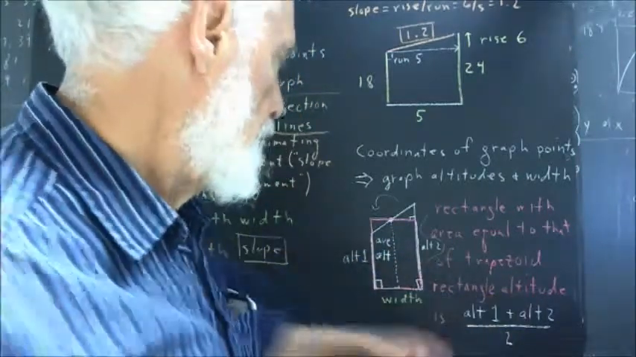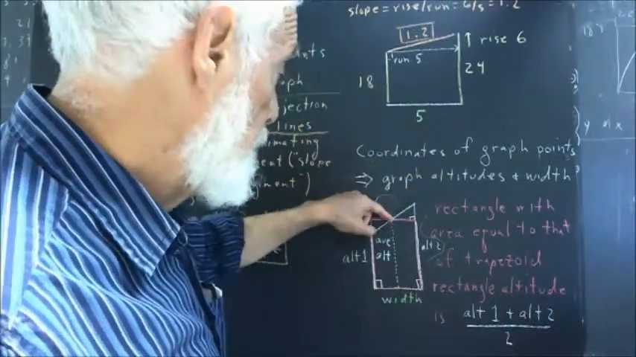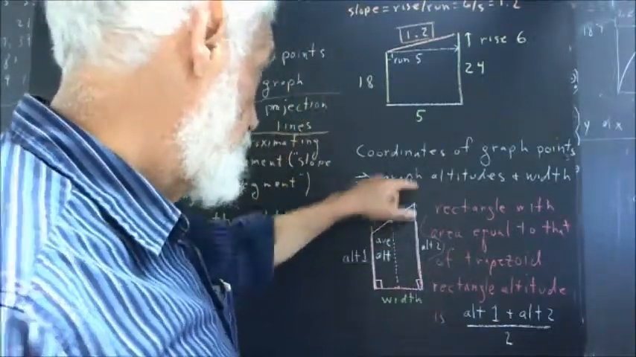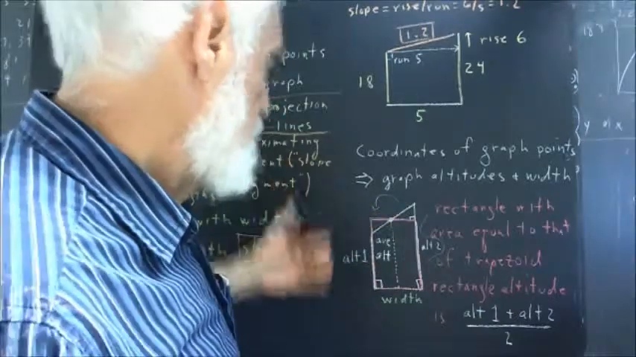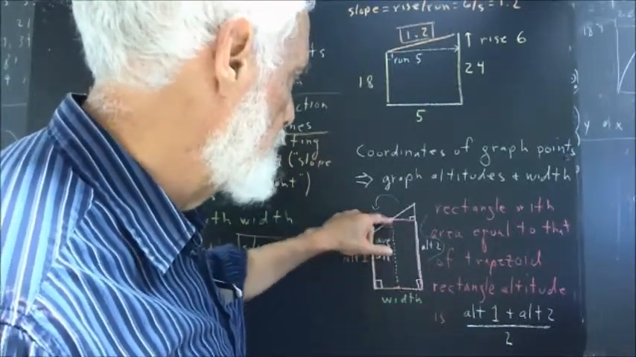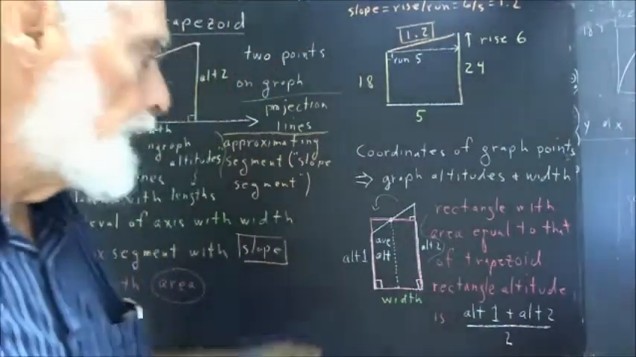That's going to give us an altitude that's exactly halfway between this one and this one. And this altitude, occurring at the midpoint along a straight line connecting the two graph points, is going to be equal to that. So we're going to say this is the average altitude, and we can depict that average altitude by a dotted line here if we wish. So now,